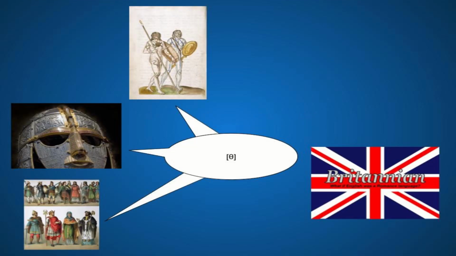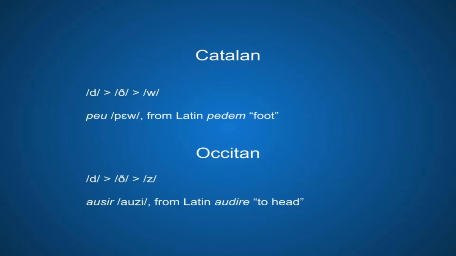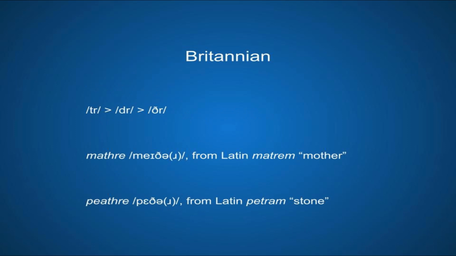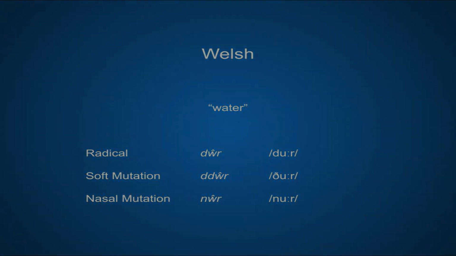But since all of the Celtic and Germanic languages influencing Britannian have them, and they're pretty common in this part of the British Isles, let's see what we can cook up. In Catalan, Latin D between vowels sometimes survived as w, while in Occitan it was preserved by merging with z from Latin S between vowels. I guess this is technically justification to keep Latin D in certain contexts after a vowel as a voiced dental fricative, the, just like what happened in Welsh, where the soft mutation of D is the, which has remained into the modern day.